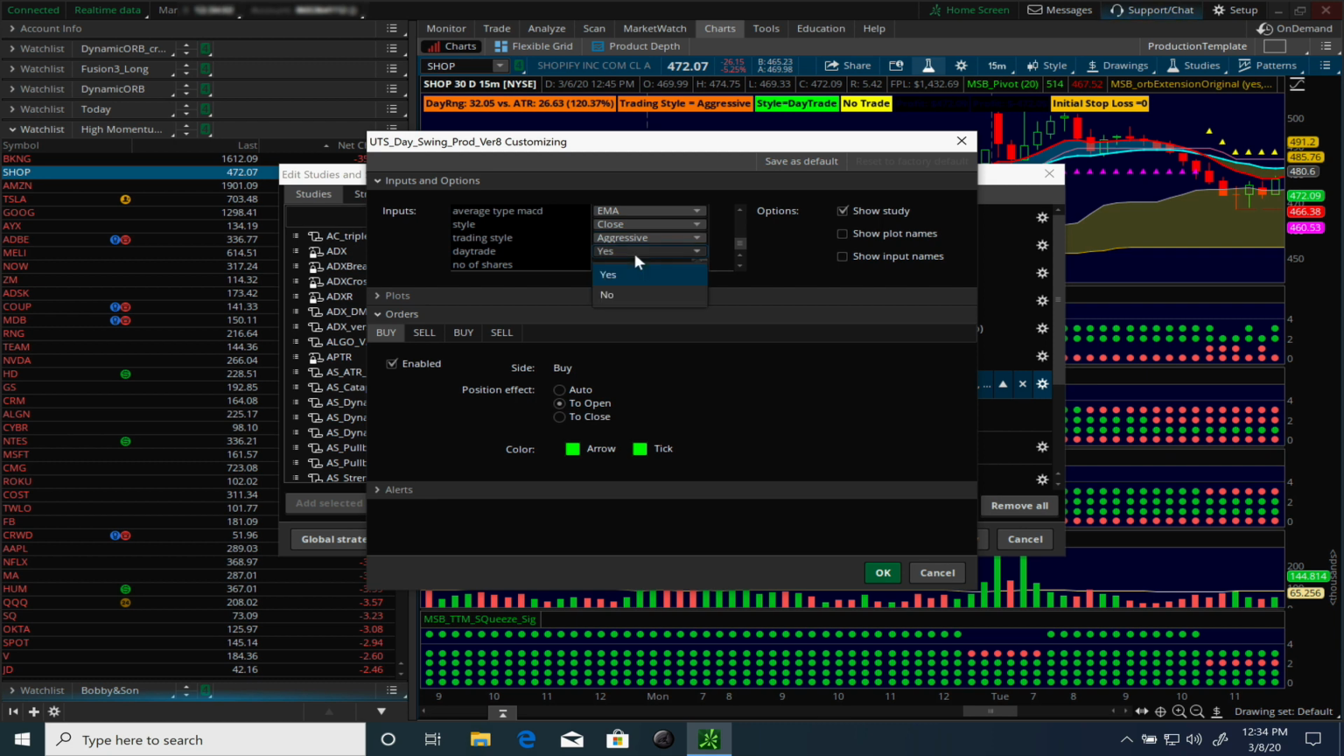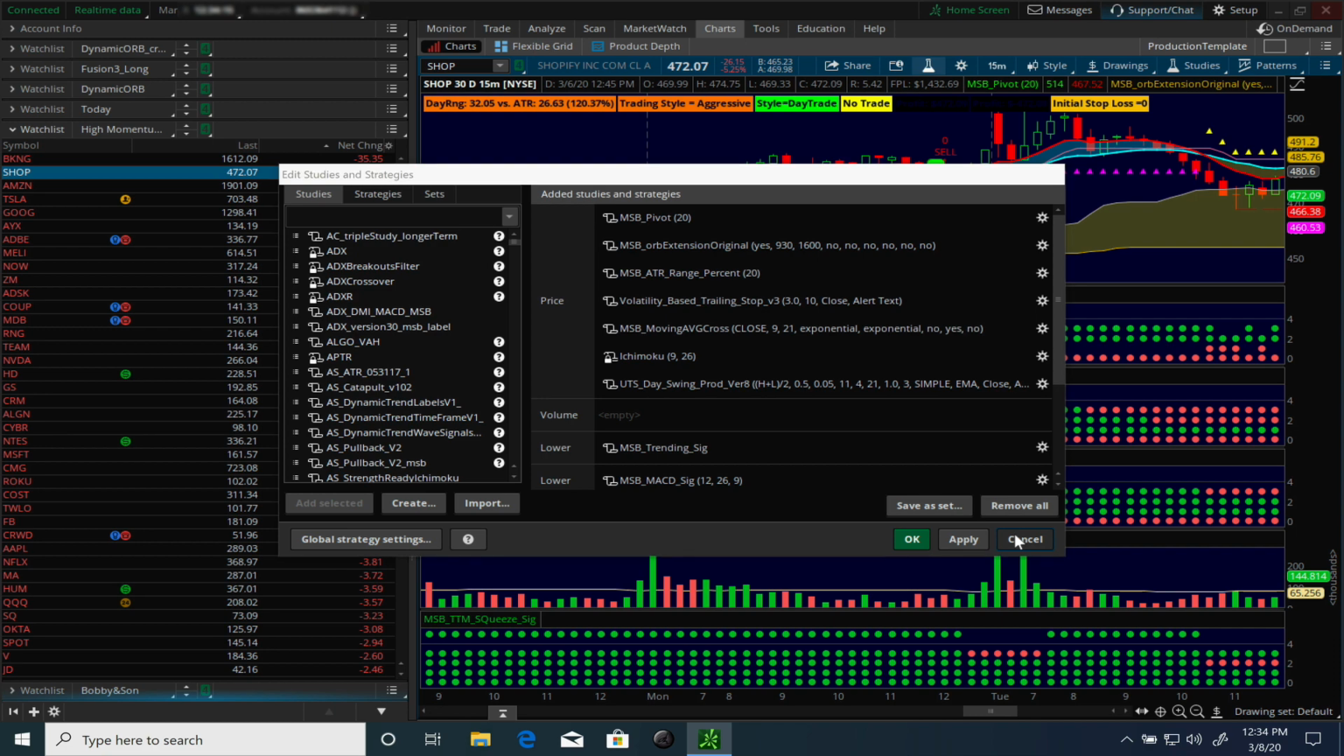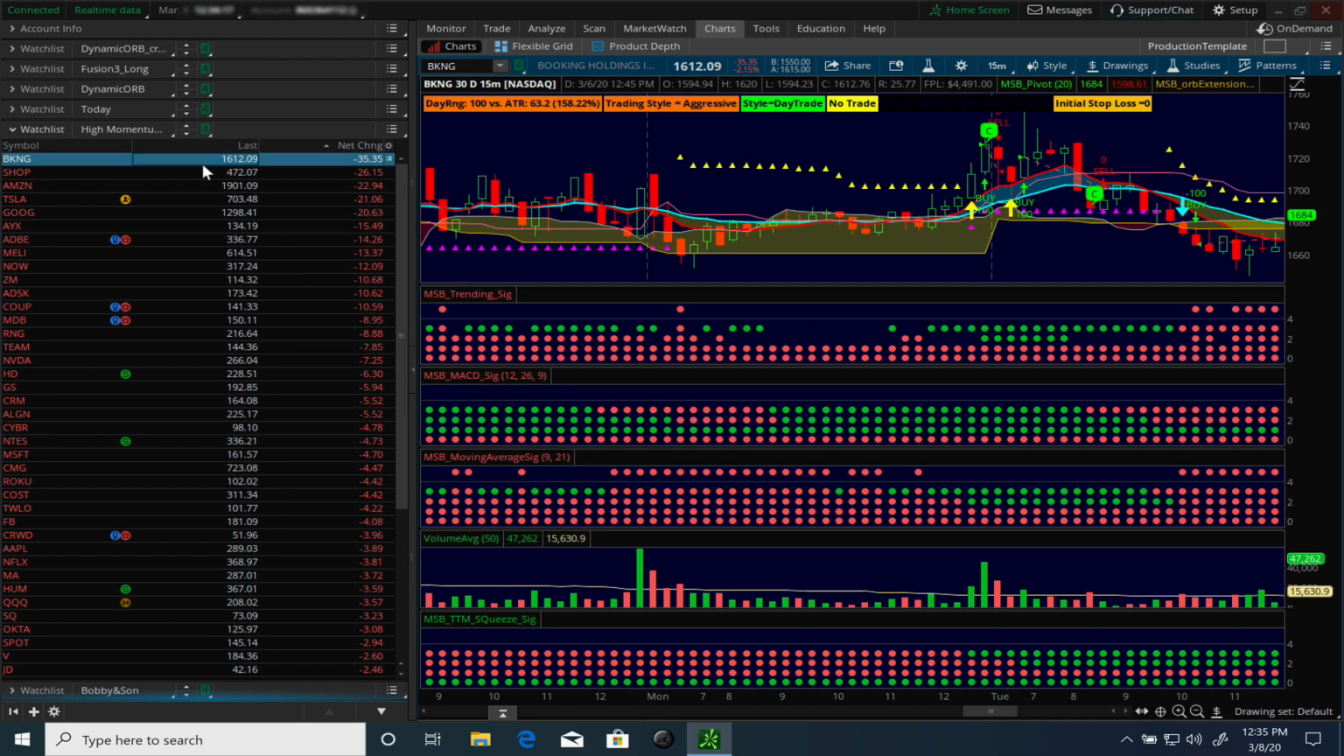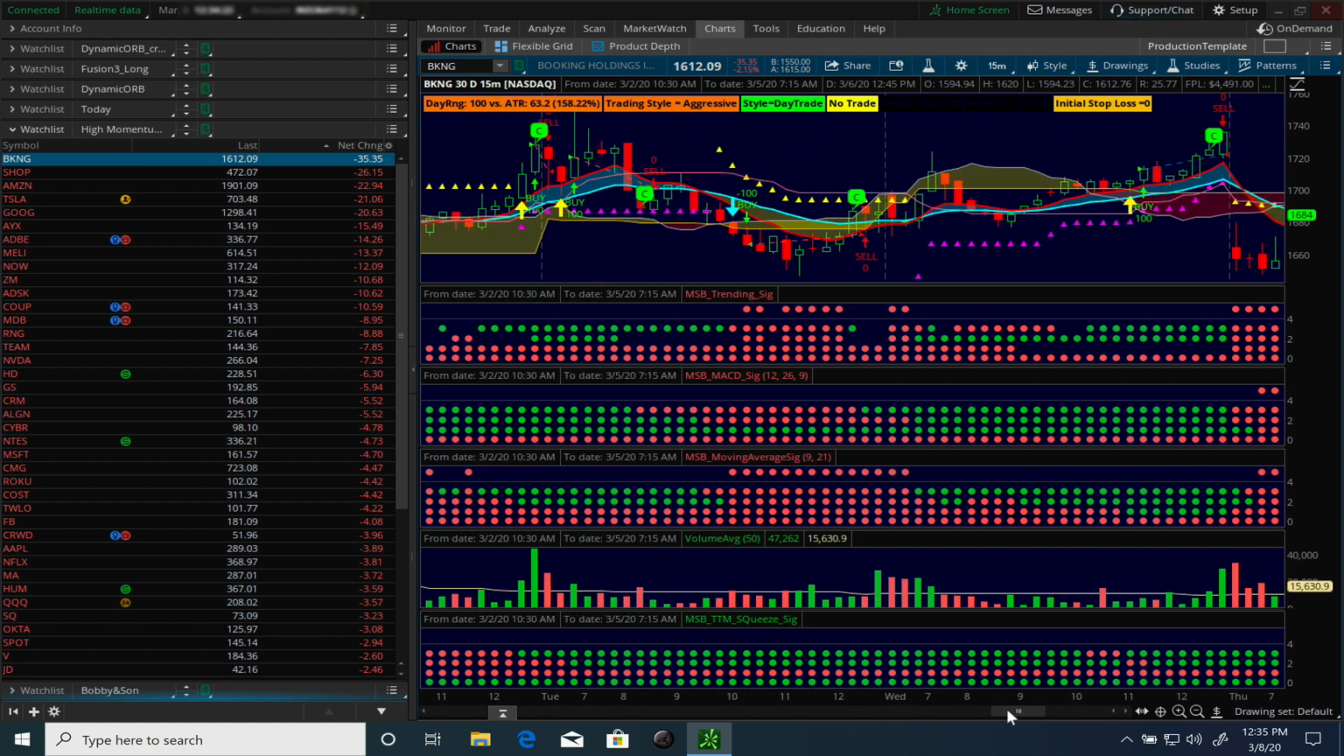Now if it is yes, then by default it's going to close the trade at the end of the day, and if it is no, then it's the old format of swing trading that we had. So for this purpose today we'll just focus on day trade only, and we'll cancel out of this, right? So one of the things we'll now look at is different trades on a handful of stocks and see how